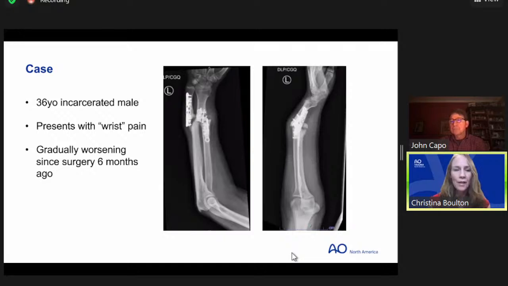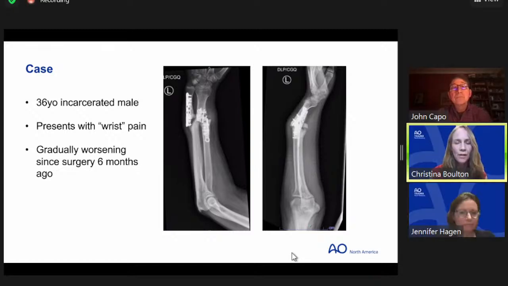So we actually had some great questions while you guys were talking. I want to open this up to all the faculty, but there are some excellent questions, mostly related to the first two talks, about order of fixation. If you're doing, for example, a malunion takedown, are you taking down both bones at the same time? Are you fixing one bone preferentially before the other bone? How do you guys approach it? We'll start with Jen and Toni, and then anybody else who wants to weigh in with pearls of wisdom, let us know how you do it.